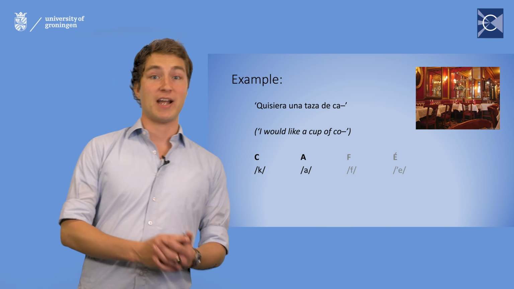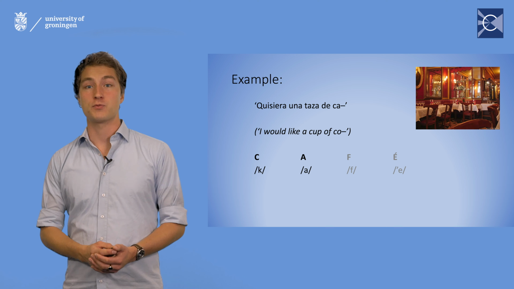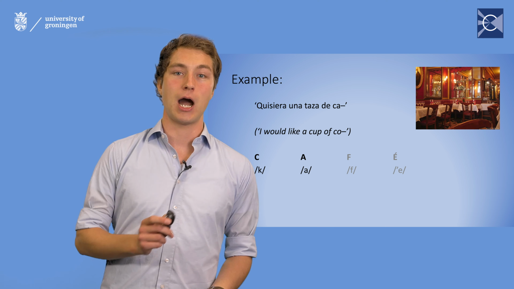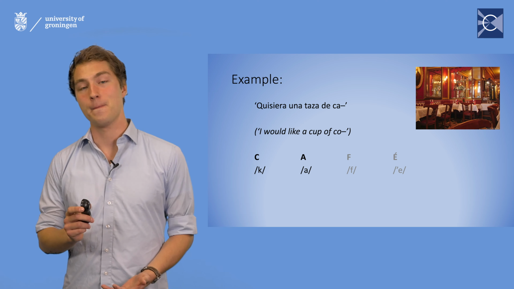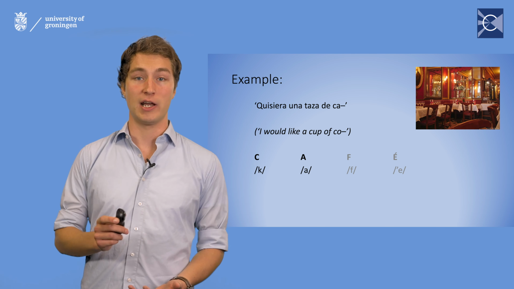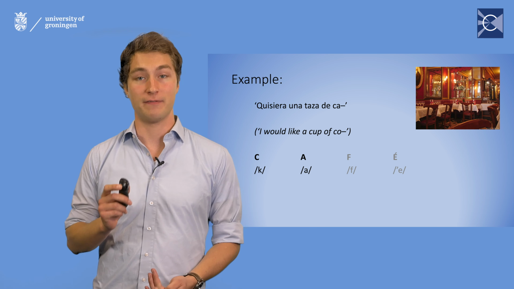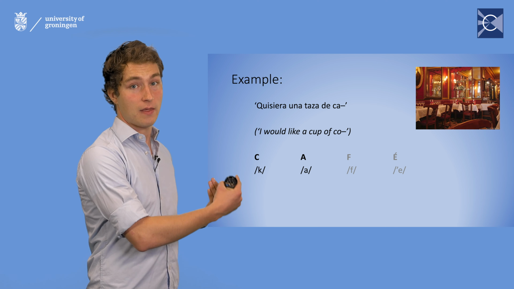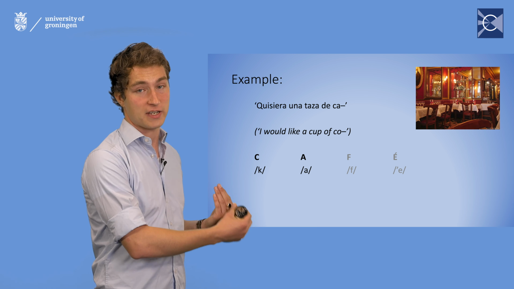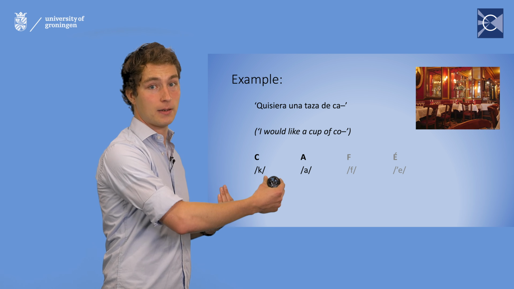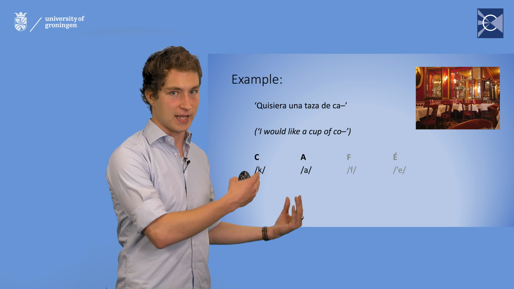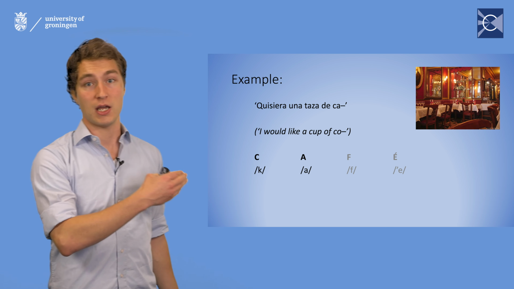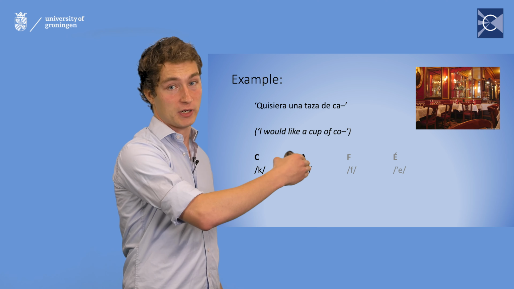So if we go back to the same example, if in a Spanish restaurant we hear the sentence, "quisiera una taza de ca," I would like a cup of co. The last word is unlikely to be any other than café, coffee. Because initially the hearer knows nothing, that makes the first part of the word, ca, least predictable and eliminates most word options, which means the last part of the word is very predictable